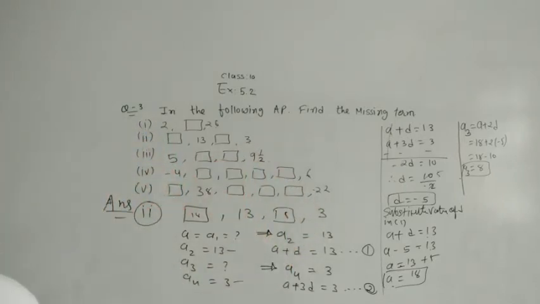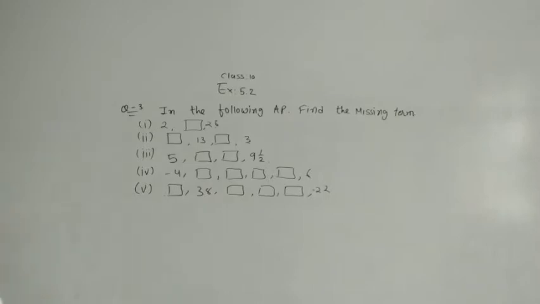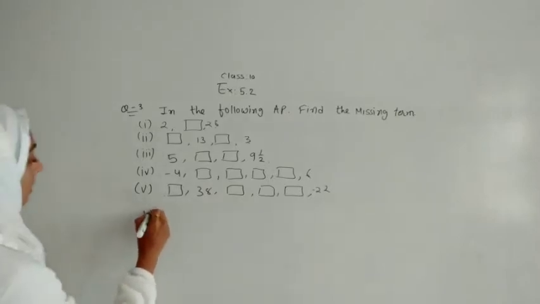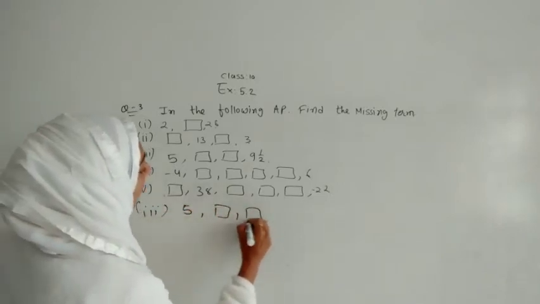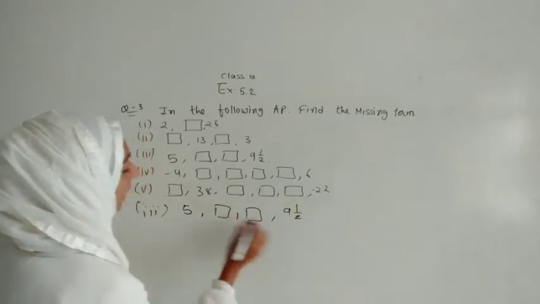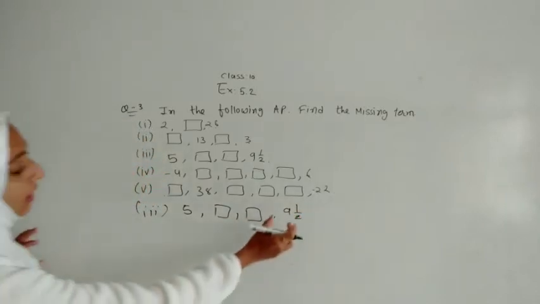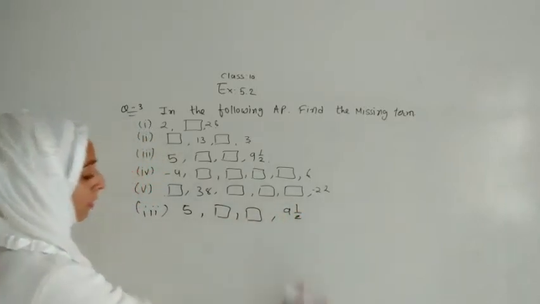I hope you understood. Let us do the third sum. Let me complete that third sum. What is given to us? So let me write third sum over here. So it is given as 5 and 2 blocks are empty. Consecutive 2 blocks are empty. And it is in mixed fraction, so we will convert it into normal fraction.